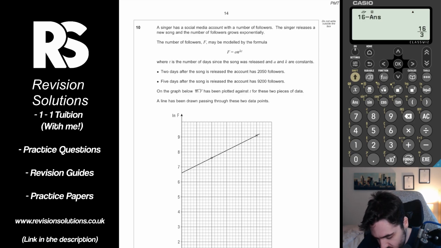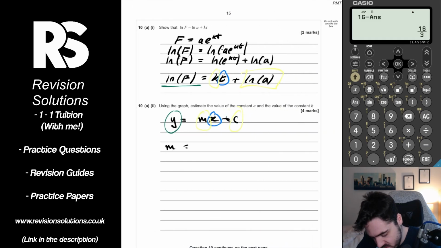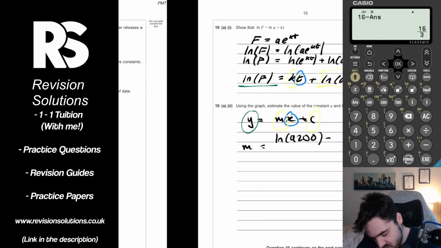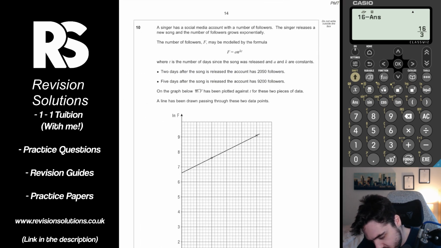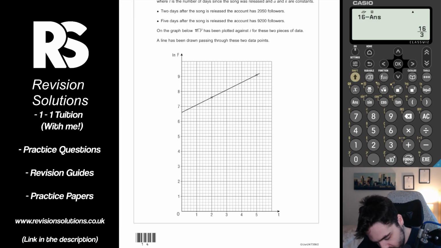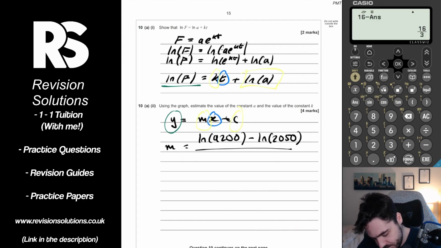So natural log of 9,200 minus natural log of 2,050 would be our rise. And that's over the course of, it's from 2 days to 5 days. If we look at the run, we can see that's a run of 3 days. So our gradient is the natural log of 9,200